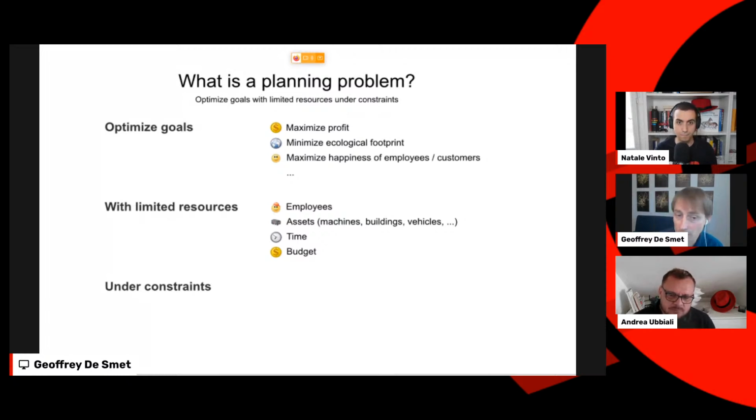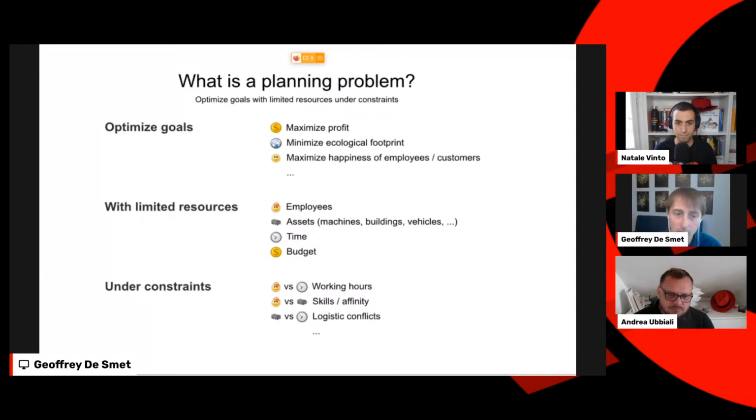And in some cases, you also have budget constraints, like we can only make these kinds of decisions that are within budget. And there's constraints. These limited resources have constraints against each other typically, right? A driver needs to have a particular skill to go to a particular location, or needs to have a particular skill to drive a particular vehicle sometimes.